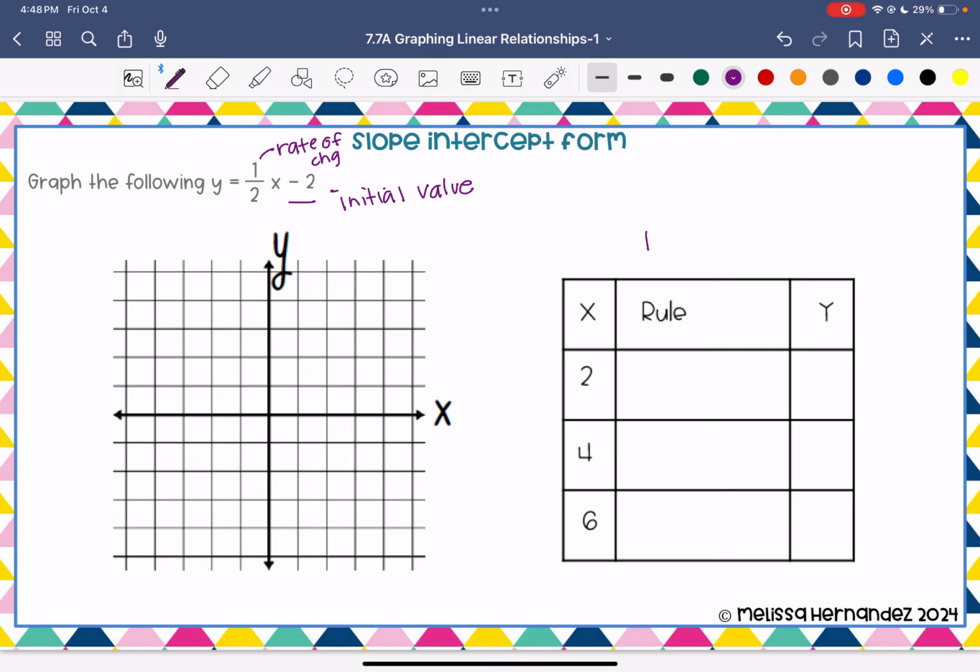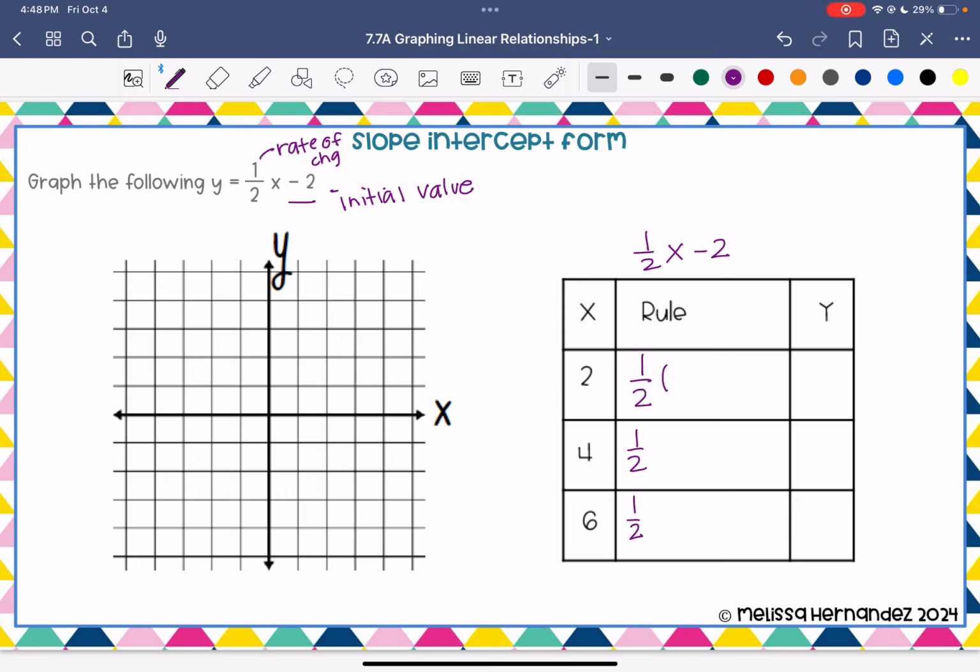My rule is half x minus 2. So I have x values of 2, 4, 6. Those are not numbers you have to use. You can use any numbers you want. I was strategic in using 2, 4, and 6 because I don't want to deal with a fraction, and you'll see why in a minute. So you're going to write your rule